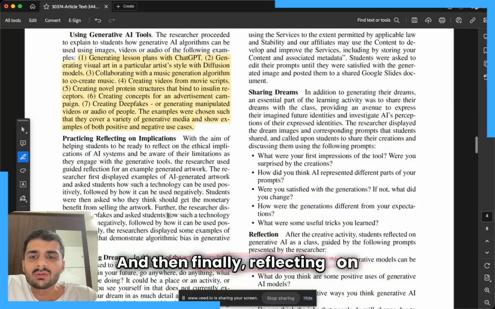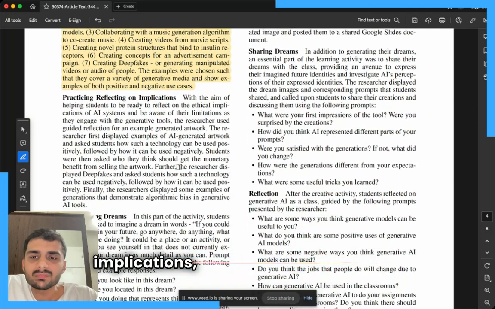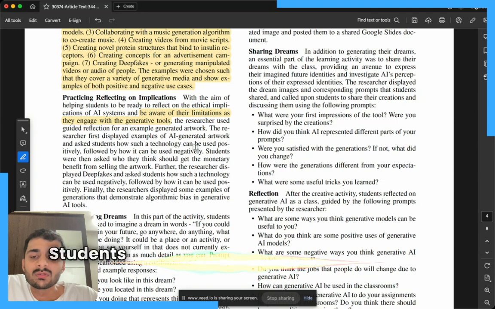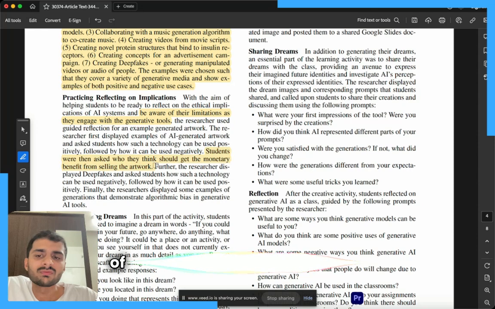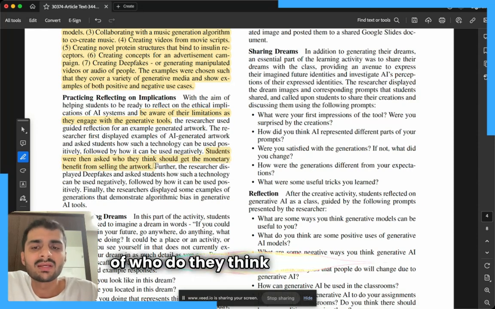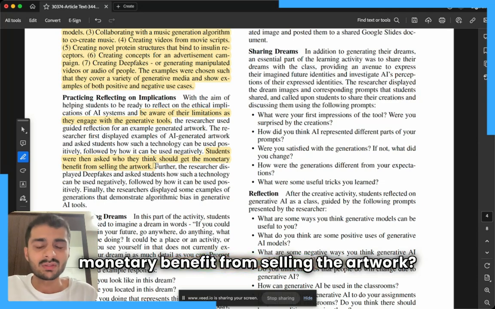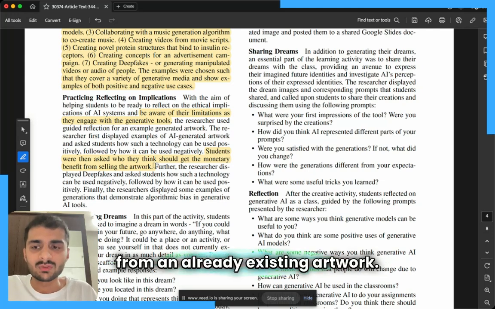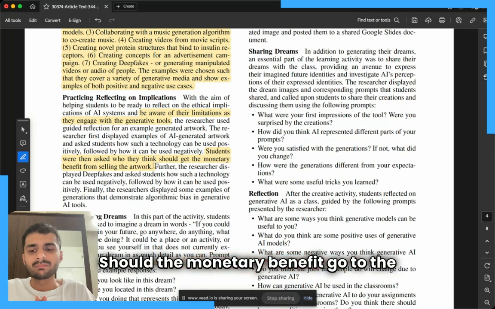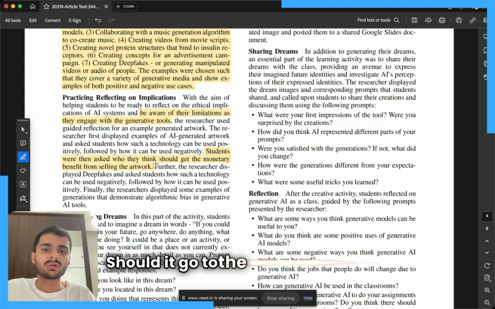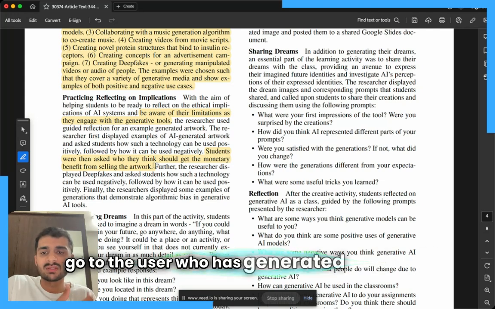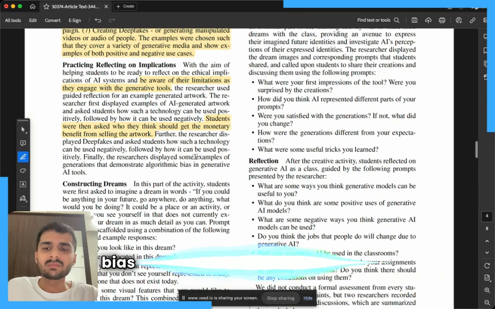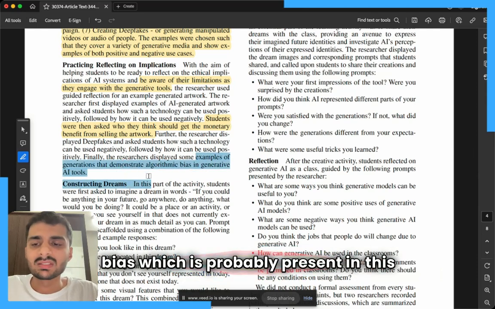And then finally reflecting on the implications. For example, what are the limitations of these generative AI tools? Students were also asked this very interesting question of who do they think should get the monetary benefit from selling the artwork. The artwork is obviously inspired from an already existing artwork, so should the monetary benefit go to the people who have designed the AI platform? Should it go to the artist, or should it go to the user who has generated the artwork? And then finally, some examples of algorithmic bias, which is probably present in these Gen AI tools,